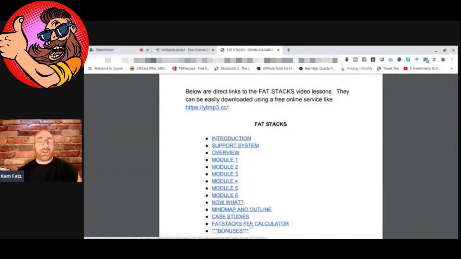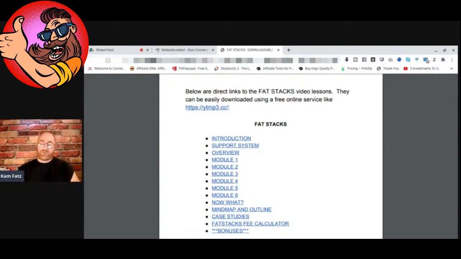And the reason I say fee calculator is not because you're going to have to pay fees, right? It's because, you know how I mentioned on the sales page a membership site all in one there? Well, that fee calculator is so you can calculate the fees that you would charge other people for your continuity program, okay?